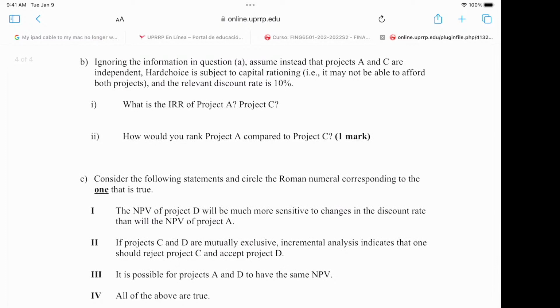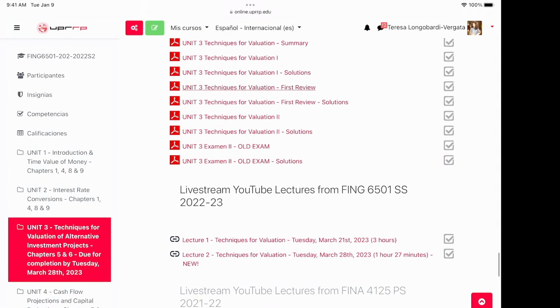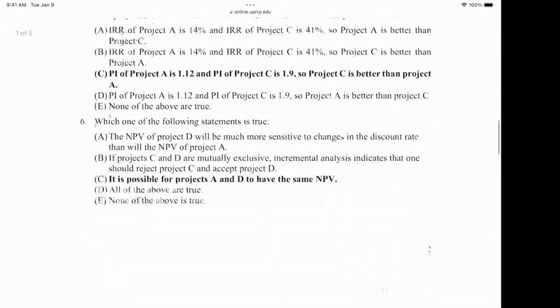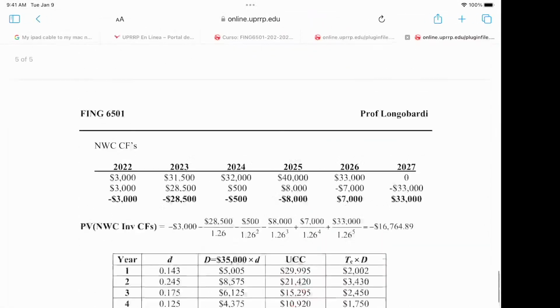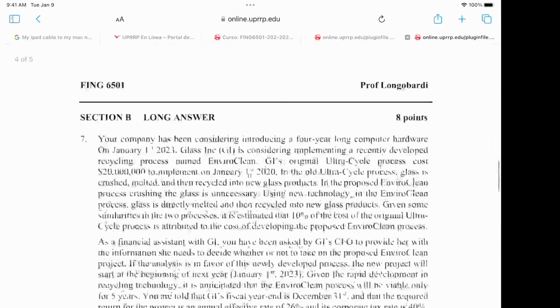And I also gave an old exam in Unit 3, right? And then at the end of the old exam is a Unit 4 problem. Did you want to do that one together? On the exam that I put in Unit 3, the old exam, there's also a Unit 4 problem that I repeat. But I gave you the answers? I gave you the answers for it too. Do you want me to find something I didn't give you the answers for?